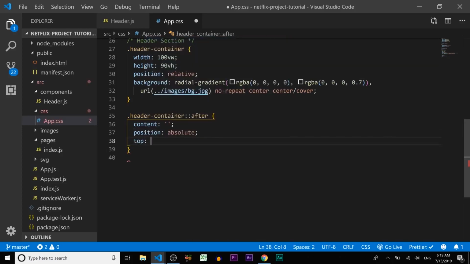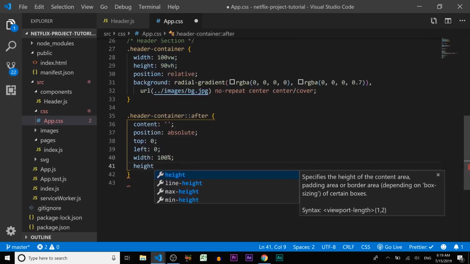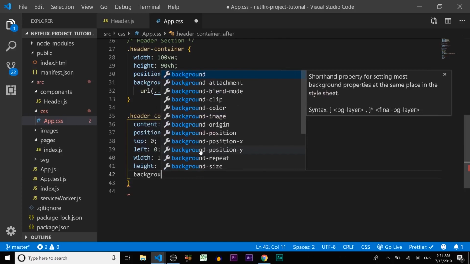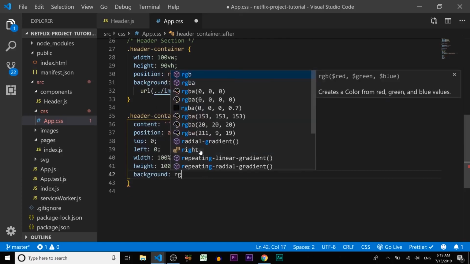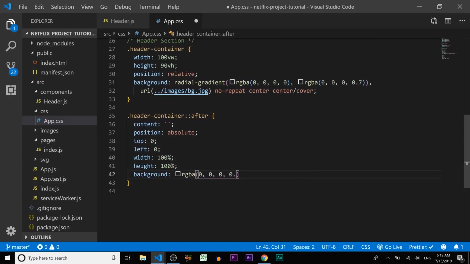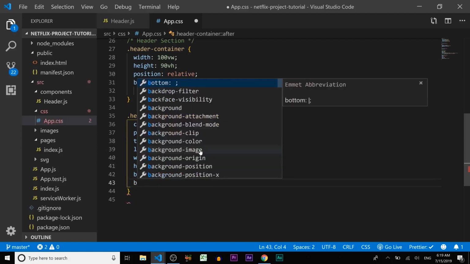On the top it's gonna be 0, left gonna be 0, width gonna be 100%, height 100% as well, and background RGBA, it's gonna be 0.5 opacity, and the box shadow, of course,